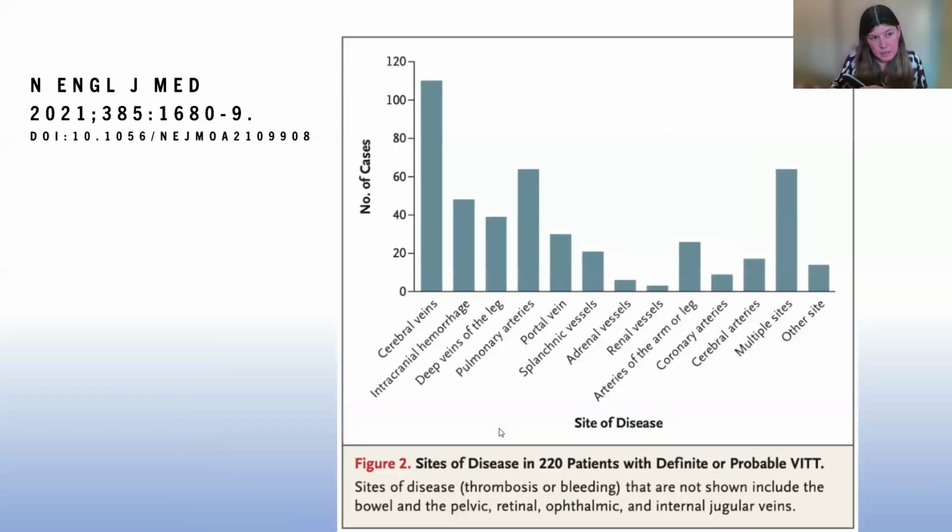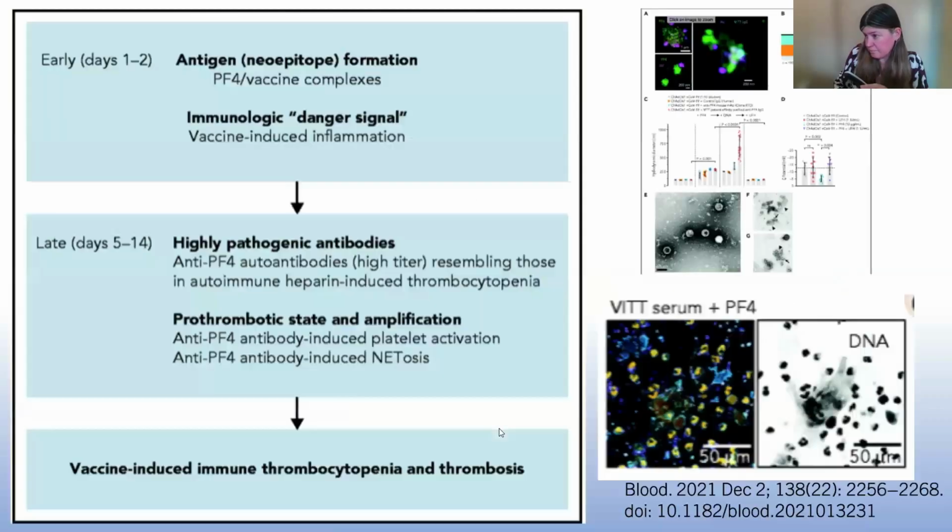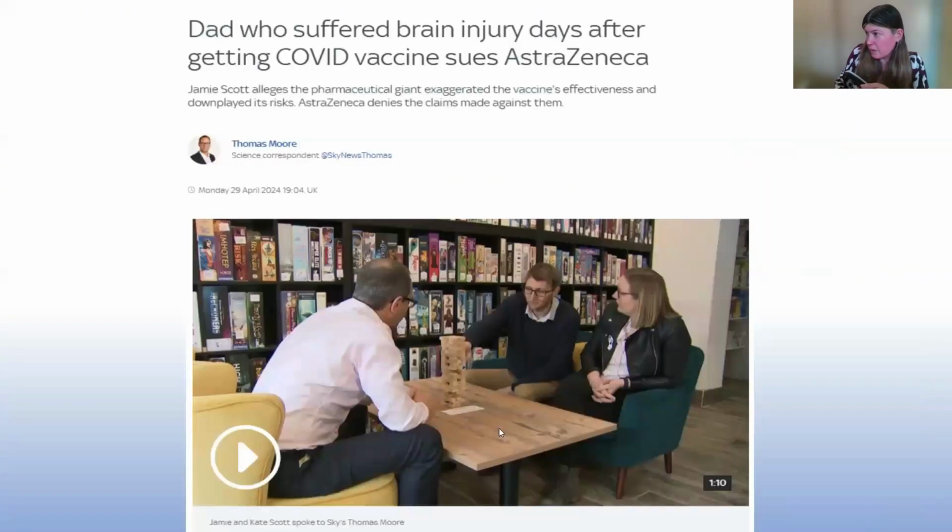And then when COVID hit, we started to see cases where people had had the COVID vaccine and then had this condition that we referred to as VITT, which was due to autoimmunity to PF4 as well. And we saw a particular preponderance of that condition for the cerebral veins. So with VITT, what we thought was that there was exposure to PF4 after people had had the vaccine, development of these antibodies, and then development of thrombosis.